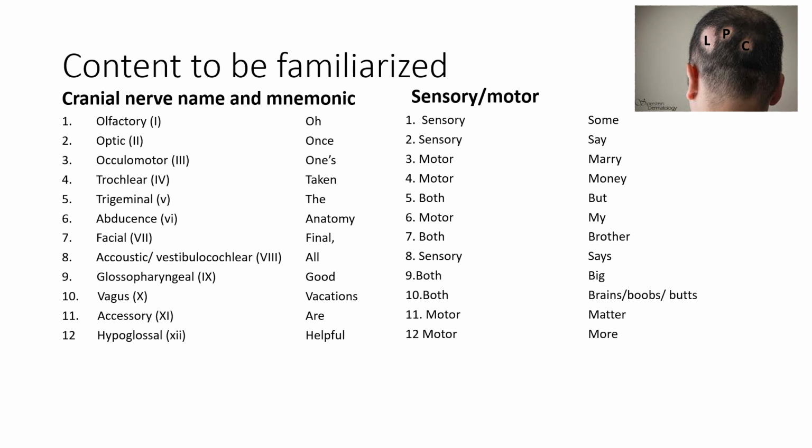And then again, I've got a mnemonic that can help you remember which of these cranial nerves are sensory in nature. So which cranial nerves are going to relay information from the external environment and take it to the central nervous system, and then which are motor, which are going to act on the muscles to make the response possible. And also, which of those has a dual function in the body itself. So again, the mnemonic that we give you in lectures as guides, you are free to make your own mnemonic as well.